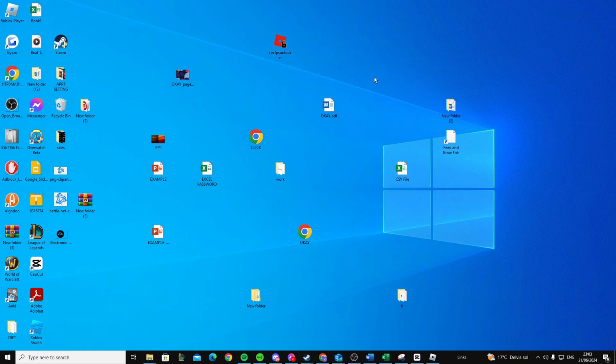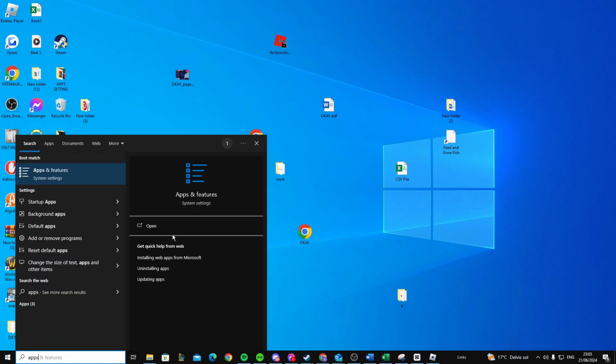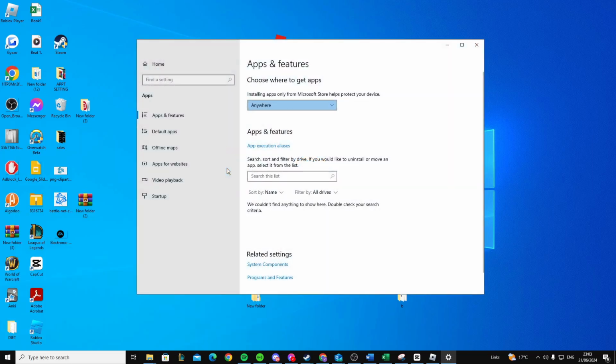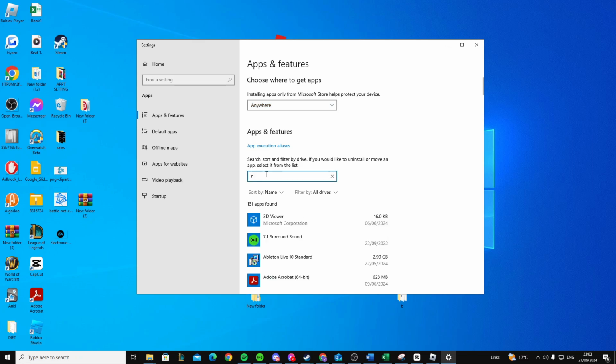Now once you've tried those and if it still doesn't work, another thing you can do is come down here, apps and features, and delete your Roblox. Simply search for Roblox, delete both of these, and then what you want to do is reinstall Roblox. Now this should hopefully help you, and if it did,